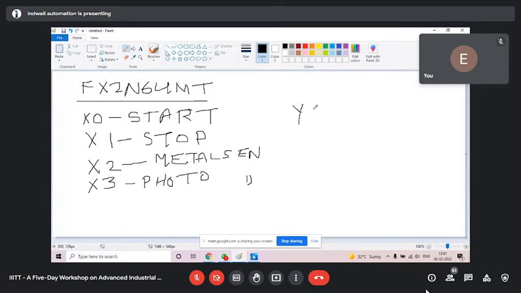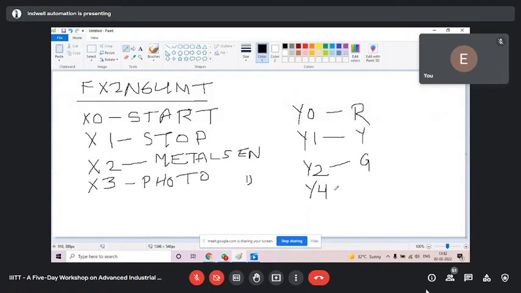Outputs: Y0 I have connected red, Y1 yellow, Y2 green. Our motor will run in forward and reverse direction. Forward direction I have connected to Y4, not Y3.